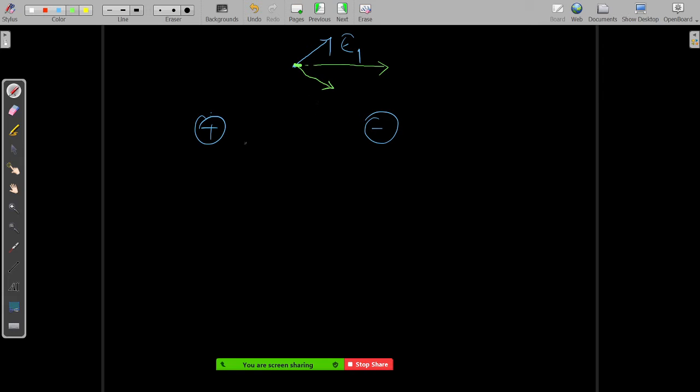This is taken as a vector sum, because electric field is a vector quantity. So you have two vectors here, this one and this one. This is due to the positive charge and this is due to the negative charge. So the resultant electric field at this point will be somewhere in between, correct? If both the charges are equal, then the electric field will be centrally located between E1 and E2. By symmetry also you can say, by formula also you can calculate that.